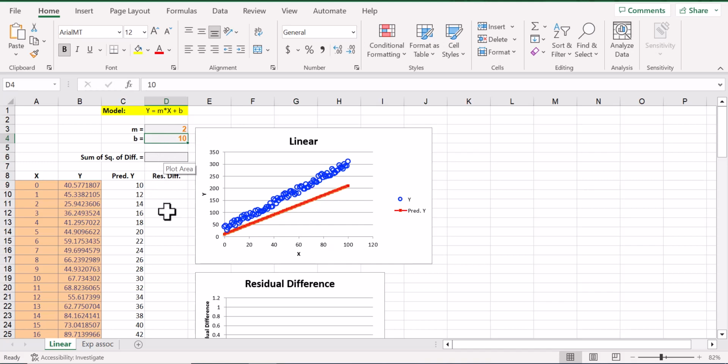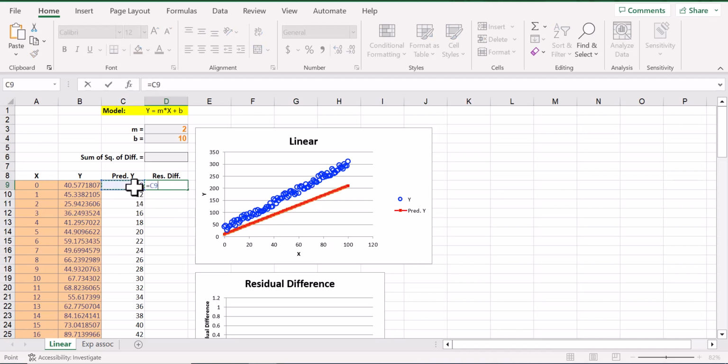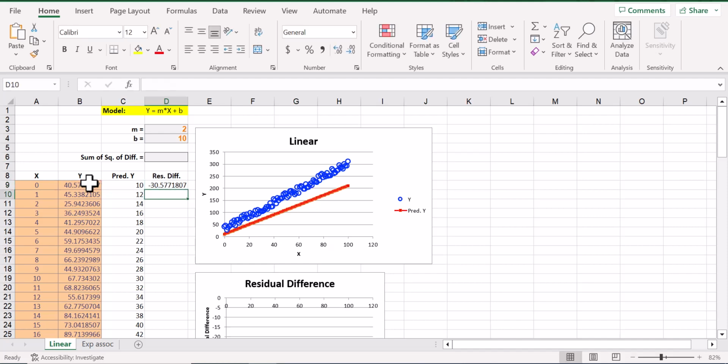Now the third step is to calculate the difference between the predicted Y value and the observed Y value for every X value in the data set. So in statistical terms, this difference is called the residual. So this is an easy formula. I go to cell D9 and type equals C9 minus B9, return. And I can copy this down the length of the data table by double-clicking in the lower right-hand corner of